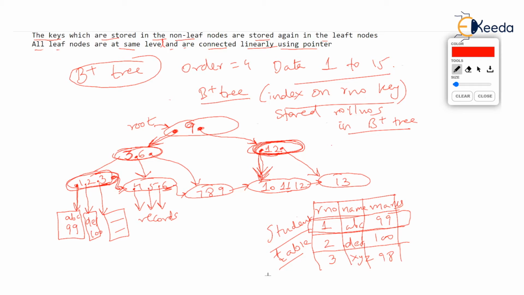Isn't it so? Suppose you just imagine all these pointers in the leaf point to their records. So imagine in the database management system, we write a query like this. We write a query and we tell our DBMS, give us the record for roll number equal to 9, suppose.